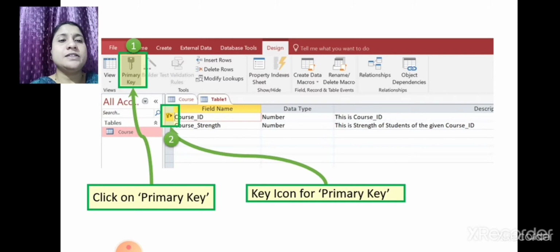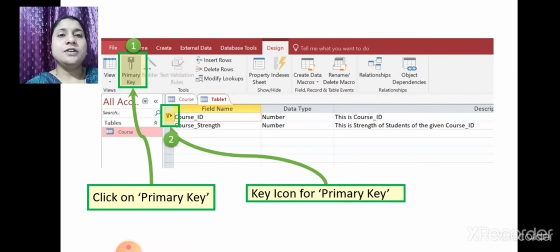A key icon for the primary key is showing, which means that the course ID has a unique ID, it is not going to change. And whenever a table is created related to this course, the course ID will be the unique key for them. Are you all getting this? Yes. How to create the primary key and for what purpose it is given?